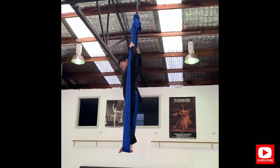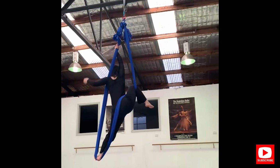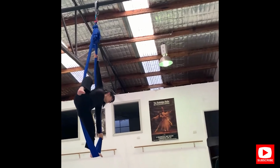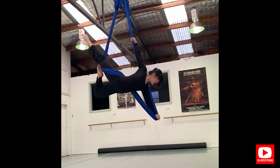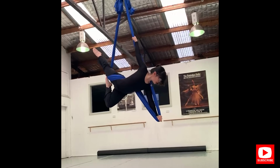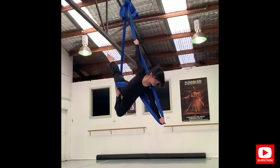So many aerialists, especially beginners, get caught up in practicing the aerial movements over and over again to try to perfect them, without realizing that conditioning outside your aerial training is equally important. Conditioning exercises are vital to supplement your aerial training. They can help you improve your overall skills so much quicker. And not only that, they can also help improve the fluidity and the technique of your aerial movement,